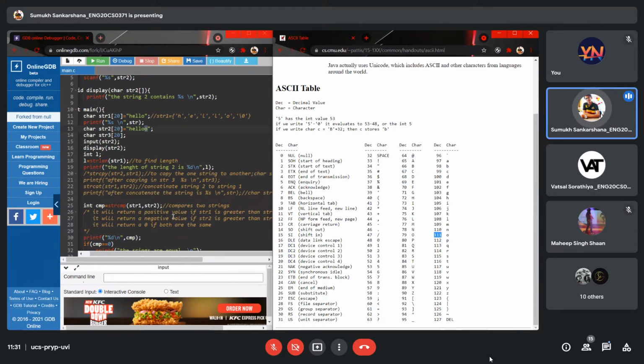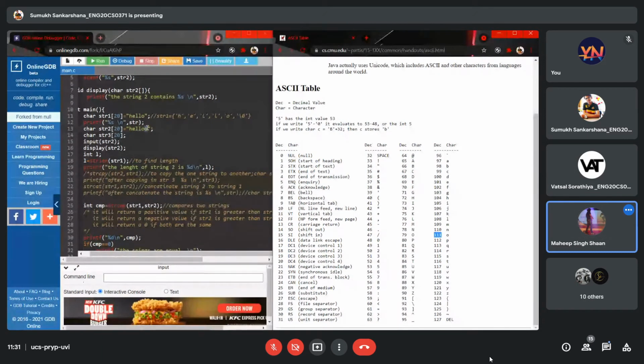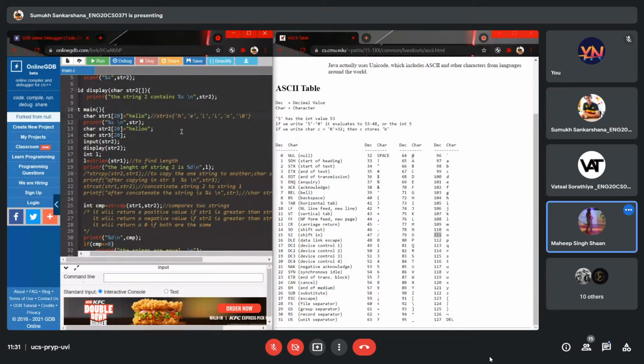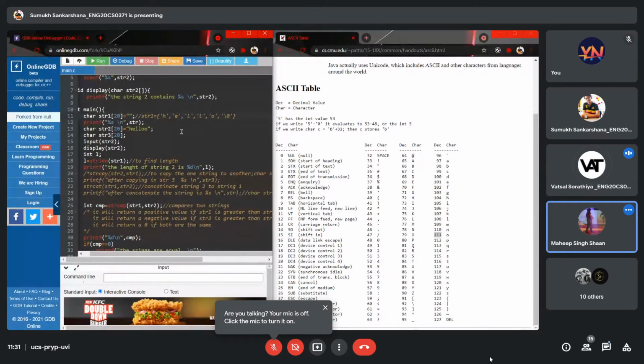Siddharth, are you clear with it now? Yeah, in the chat box also I mentioned how it will check all the characters. Okay, nice. So Siddharth, what I want you to do is, it might feel like wasting time, but just give one more example. Change hello and put something else. Just one more, so that it's clear that Siddharth has understood. Siddharth, we want you to answer this one, okay? Just put his name.